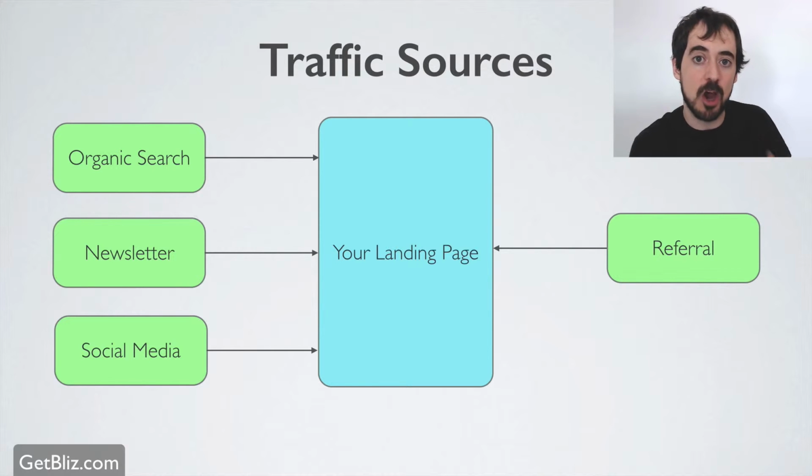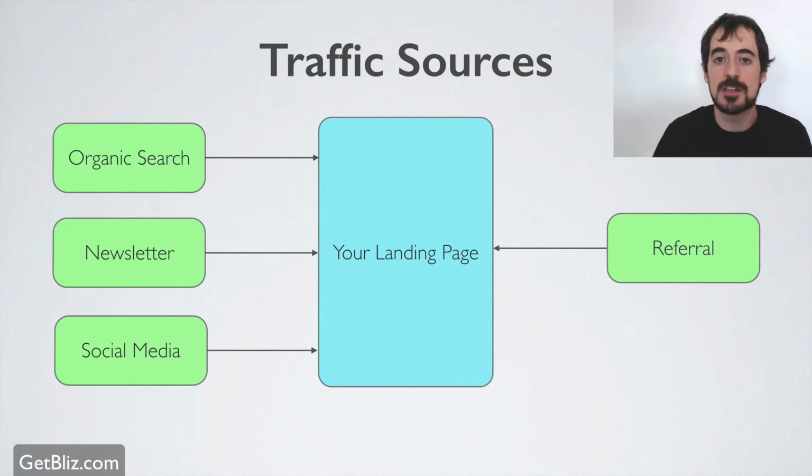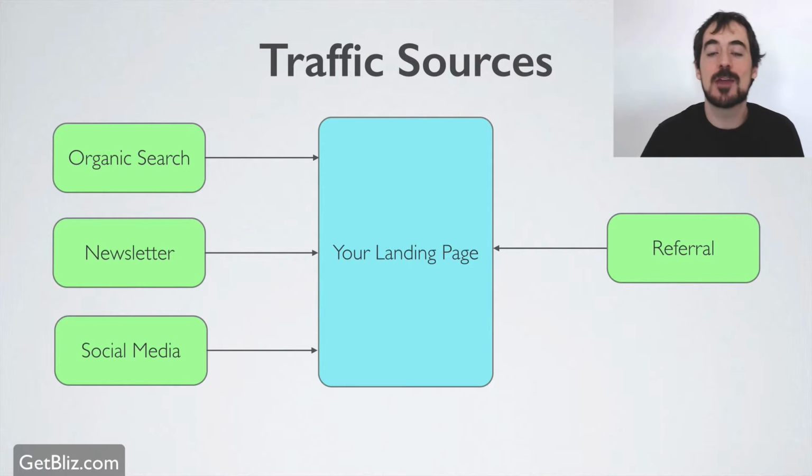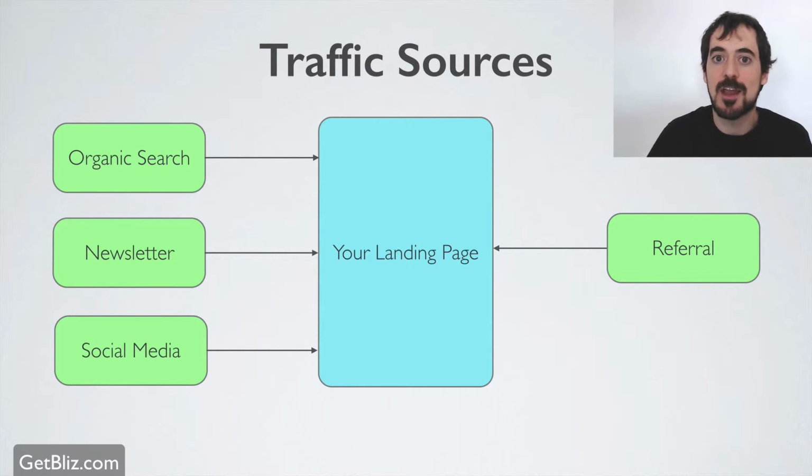You find bloggers or publications that are very successful in your industry, and then you approach them and say, hey, I think I could provide something of a lot of value to your audience because I'm an expert in this area. And then you write a blog post. At the end, as a thank you, the blogger is going to allow you to put a link back to your website, and two things are going to happen. You're going to get traffic from that popular blog back to your landing page or blog, and the other thing is that backlinks or links pointing to you, referral links, give you what they call SEO juice. They're going to help you rank higher on Google and Bing searches.